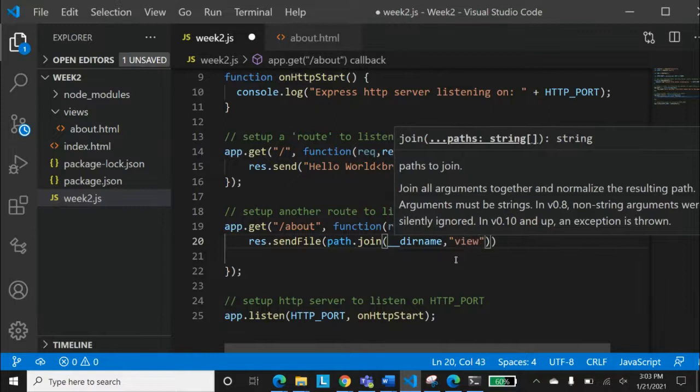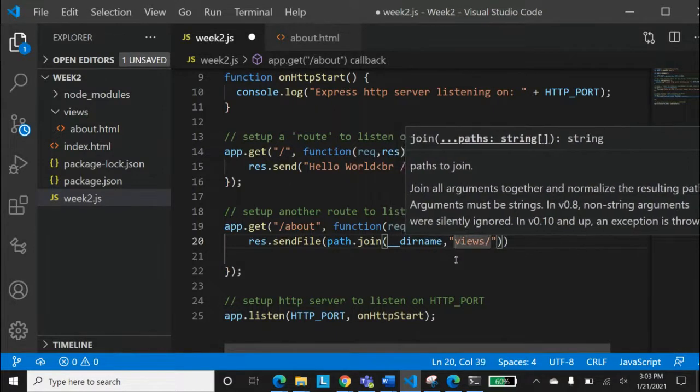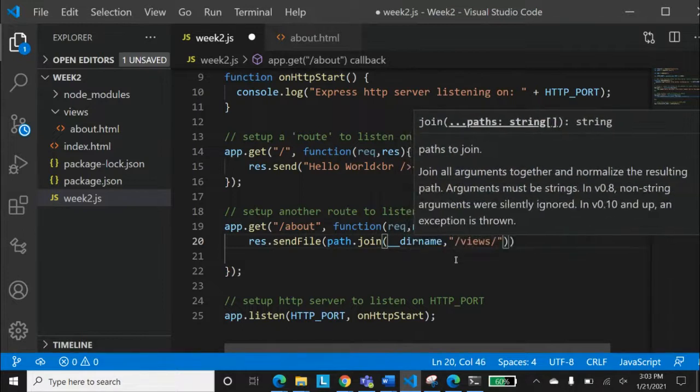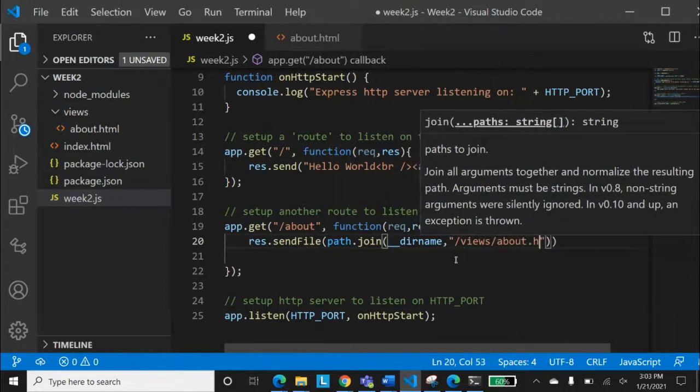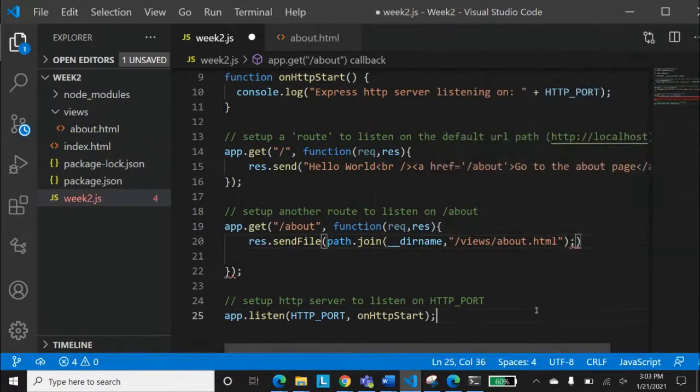And what is the path? /views/about.html, and a terminator. I have placed a terminator at the wrong place, maybe. Okay, now save this one.